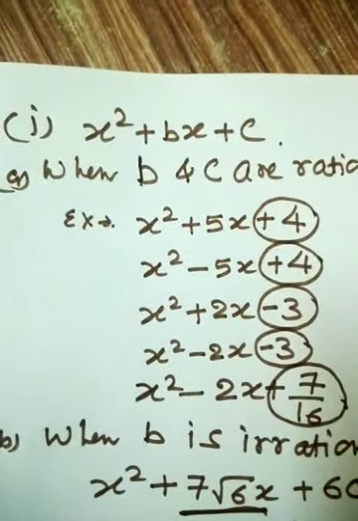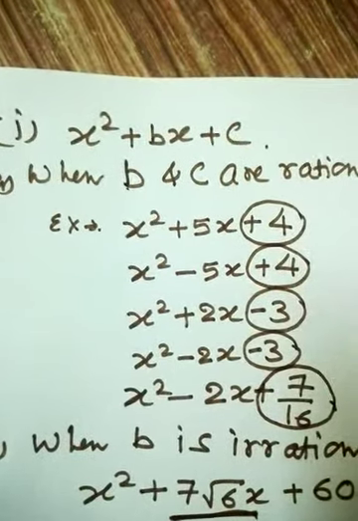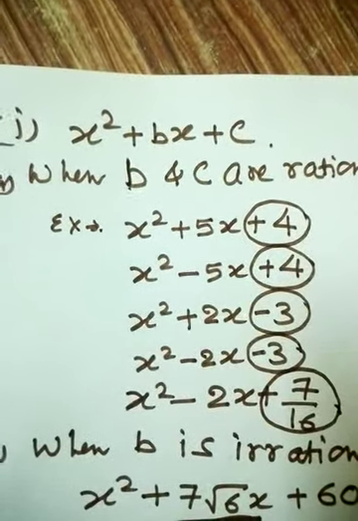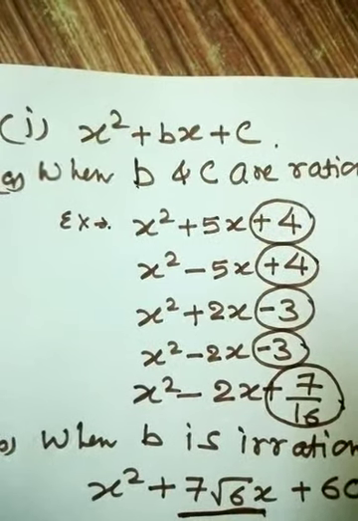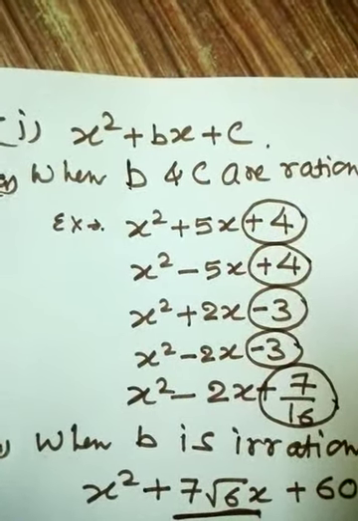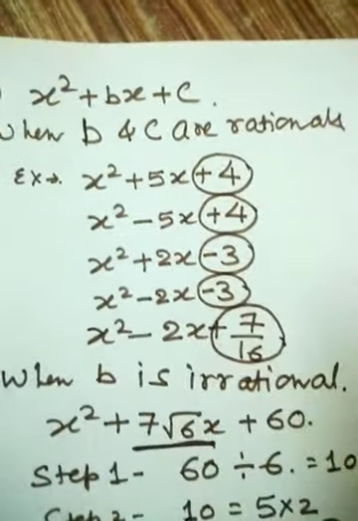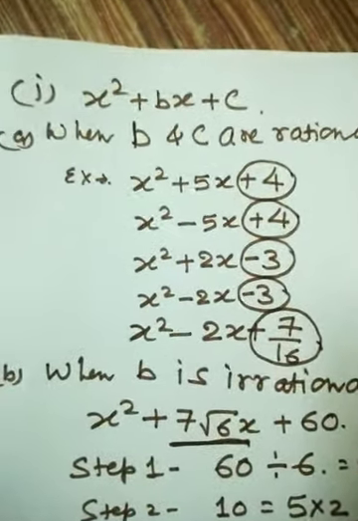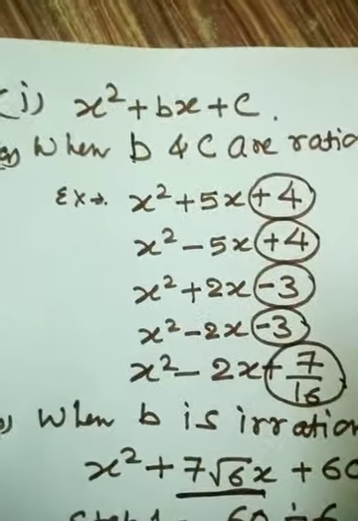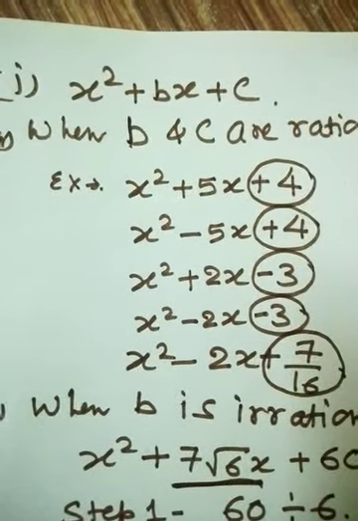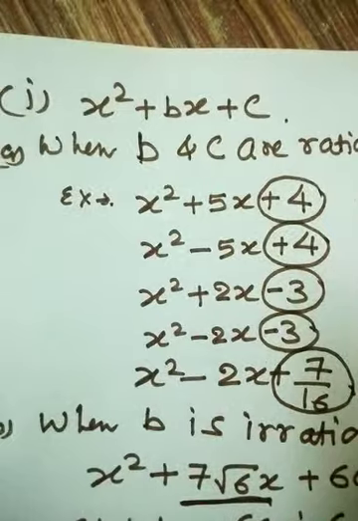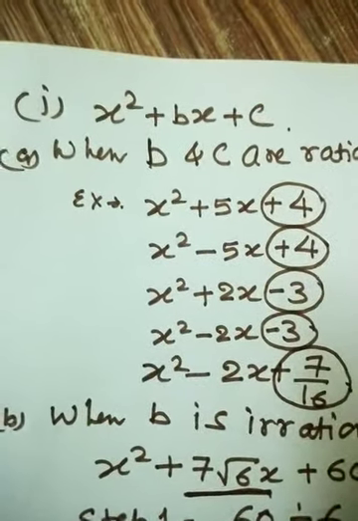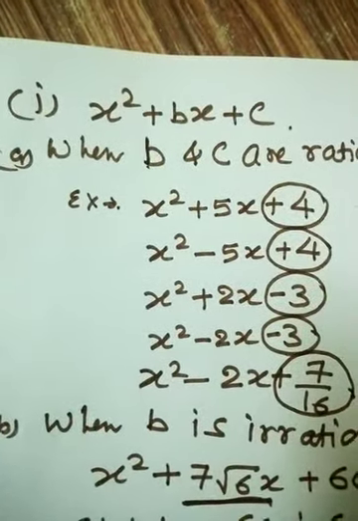Okay, as you can see in examples number 1 and 2, the last term is plus 4. So if you factorize plus 4, you will get either both the factors as positive or both the factors as negative. That is, plus 2 into plus 2 is also plus 4, and minus 2 into minus 2 is also plus 4. Now what you have to select, plus 2 or minus 2, depends upon the sign